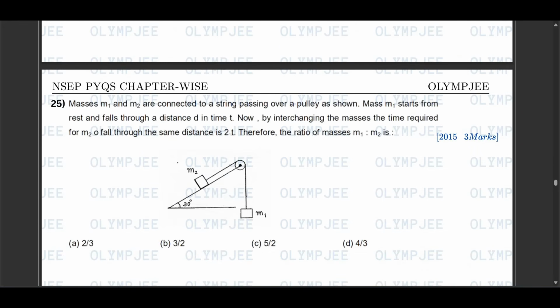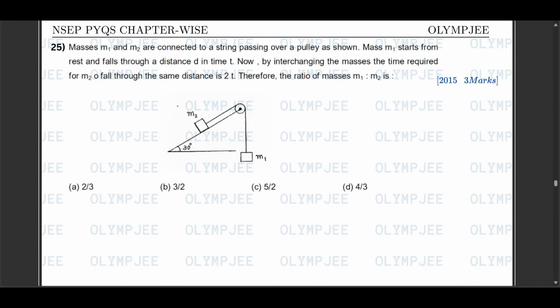So moving on to question 25, it says that masses m1 and m2 are connected to a string passing over a pulley as shown, and mass m1 starts falling from rest and falls a distance d in time t. Now by interchanging the masses, the time required for m2 to fall through the same distance is 2t. So we have to find the ratio of the masses. Okay, so in case 1,